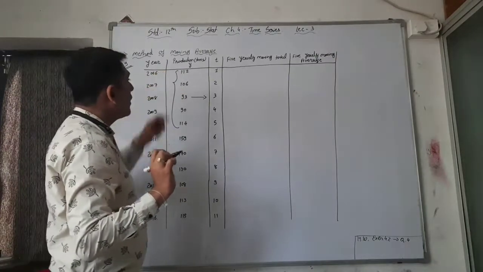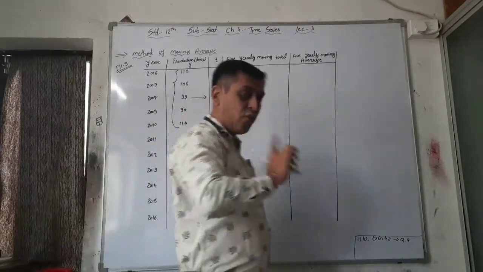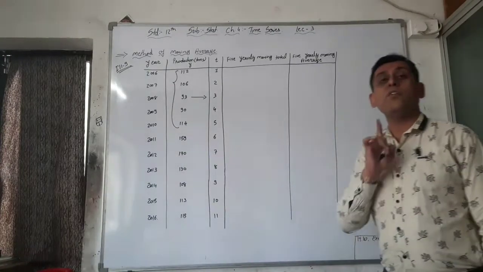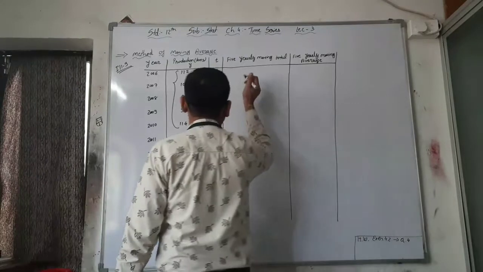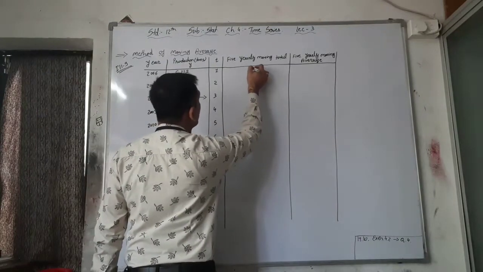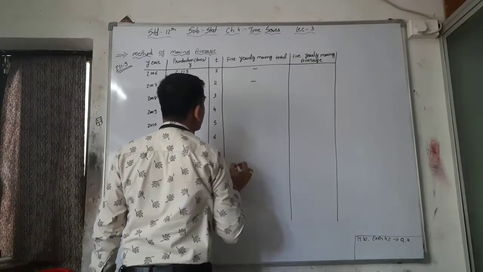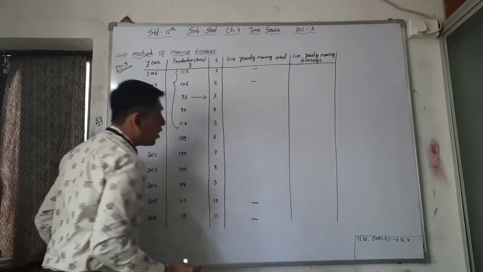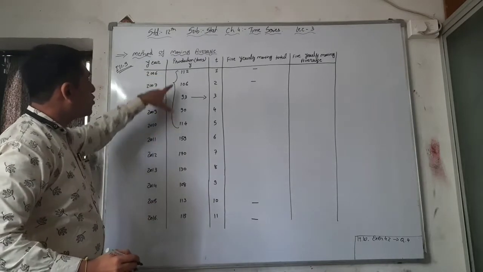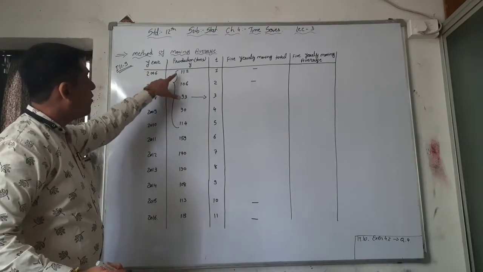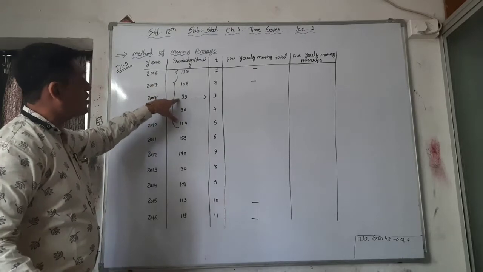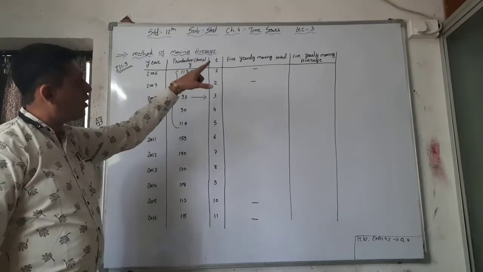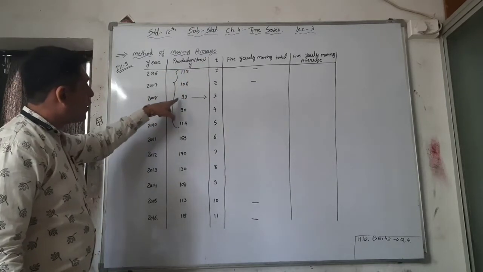Right? So in 3-year moving average, we are skipping first and last. But in 5-year moving total or 5-year moving average, we have to make the dash in the first 2 and the last 2. Because we cannot find out the average of the first and second, because the center of these 5 is the 3rd one. That's why we have to write the 5 yearly moving total into the center of this,